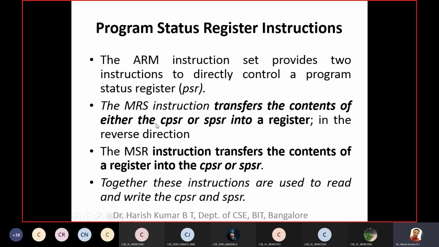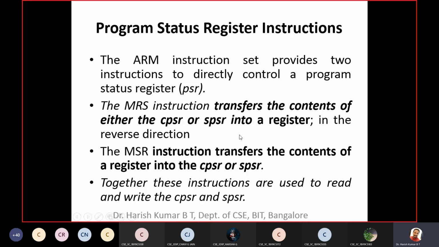So this CPSR and SPSR register data can be read by using the MRS instruction into a general purpose register. And similarly, this MSR instruction, observe this, and this is MSR. This MSR instruction is used to copy the content of a general purpose register into the CPSR or